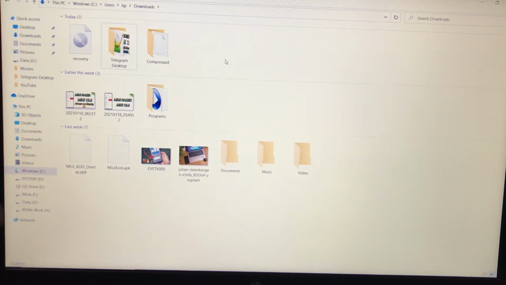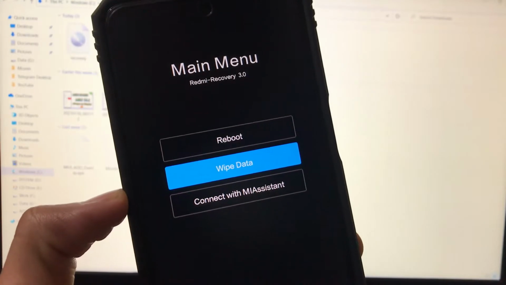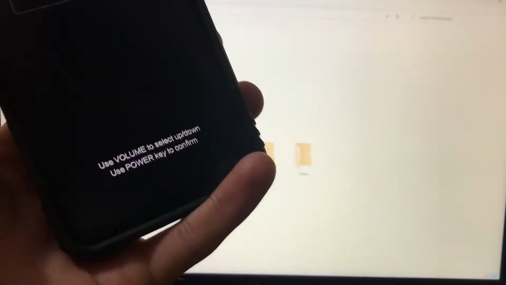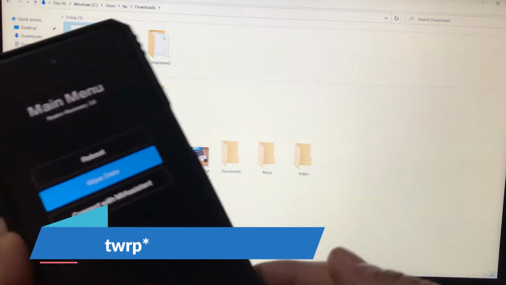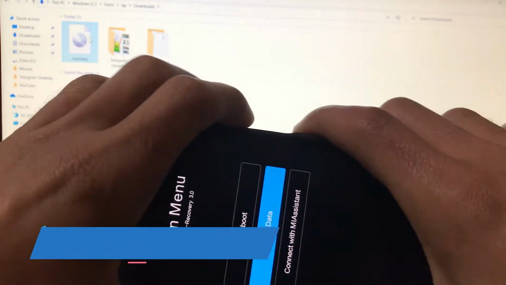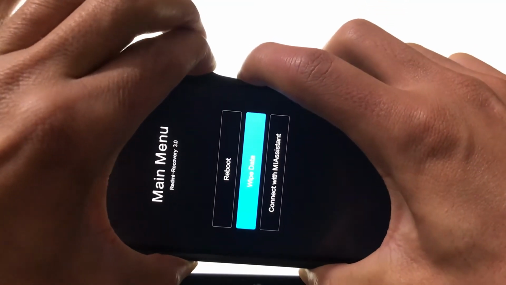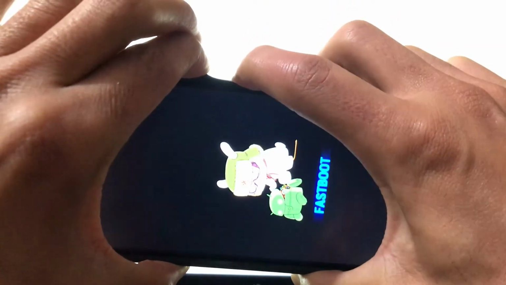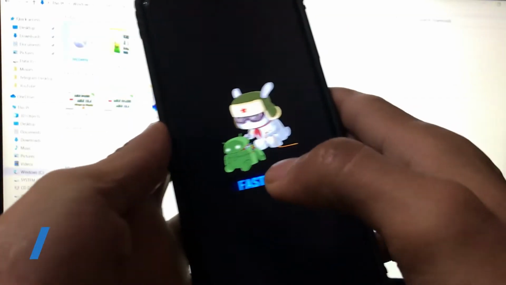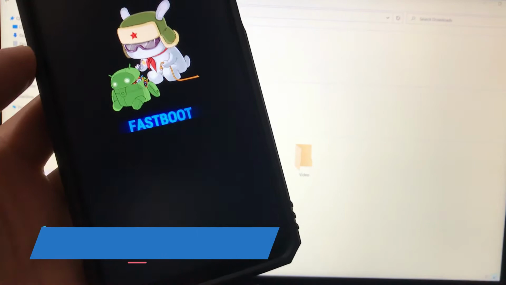So guys, I'm going to take my Redmi Note 9 Pro as an example. As you can see, it has the Redmi recovery by default, but I have unlocked the bootloader, so I need to install this custom recovery, which is LOS custom recovery. How can I install that? First of all, the first step is to boot into fastboot mode. If you don't know how to boot into fastboot mode, in my case, using the Redmi Note 9 Pro, I need to press the volume down plus the power button and hold for some time, and I am booting into fastboot mode.